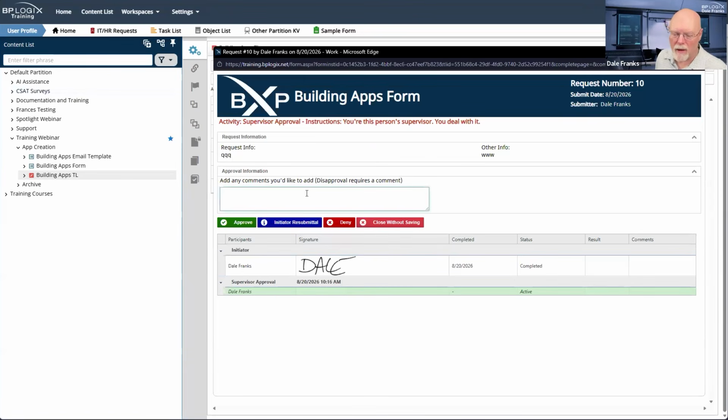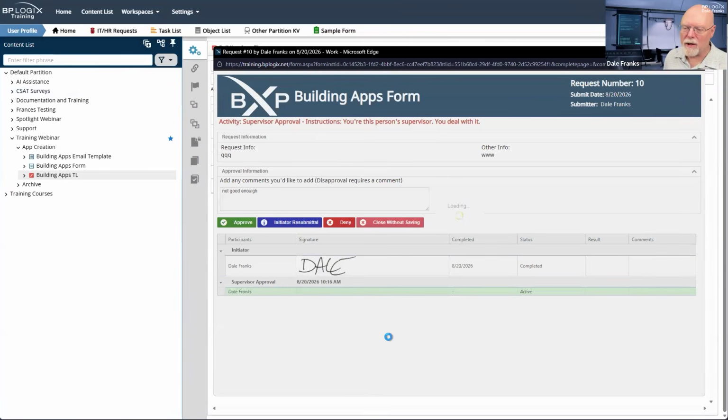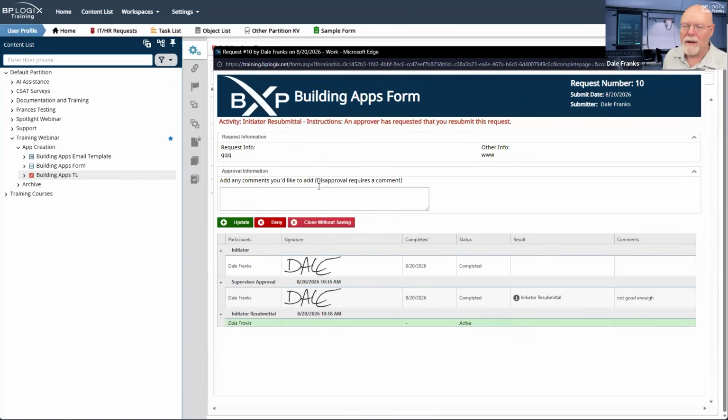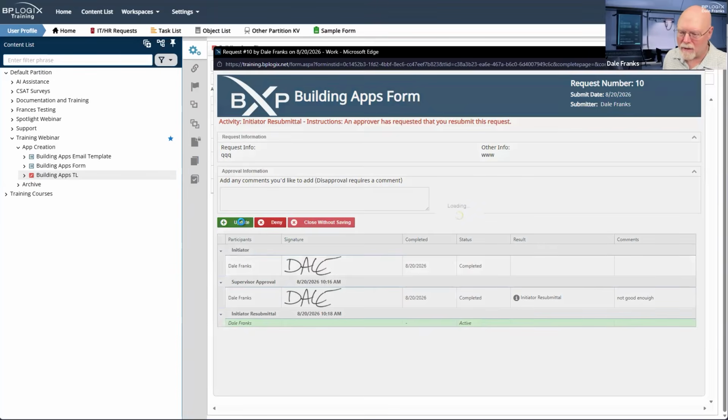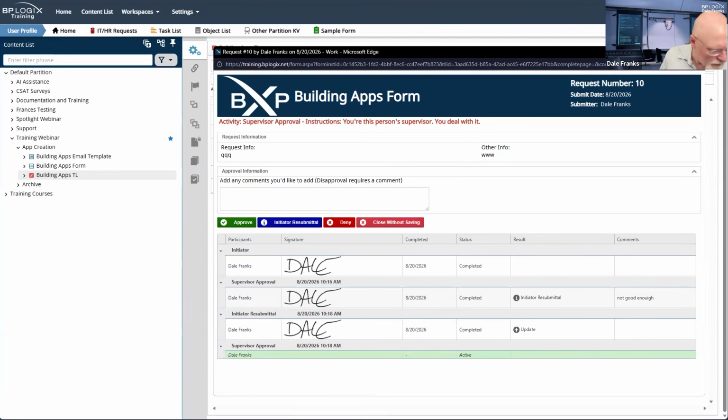Okay, so if I go not good enough and hit initiator resubmittal, it takes me to initiator resubmittal. I can update here, and that would take me back to supervisor approval, and I am still not receiving any emails. Is it going into junk? It does not appear to be.